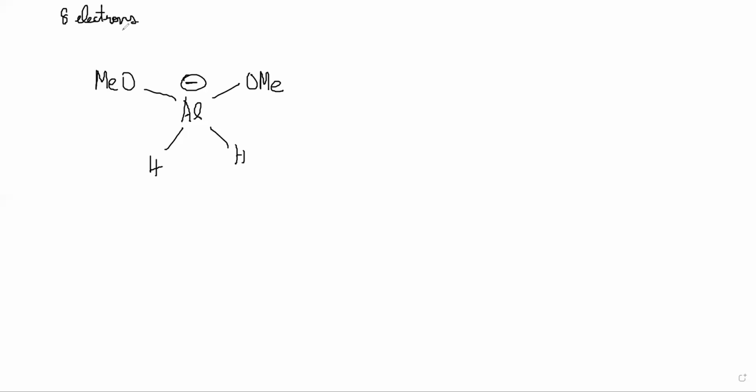Then the next one, the third anion, is AlH2(OMe) with a negative charge. OMe, and 2 hydrogens are attached to it, and there is a negative charge. Be careful here: this aluminium has no lone pair. There is a negative charge shown, but is there a lone pair? No, because 8 electrons are already over for the aluminium, so it cannot have 10 electrons.